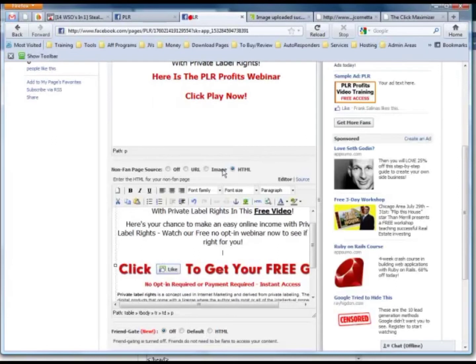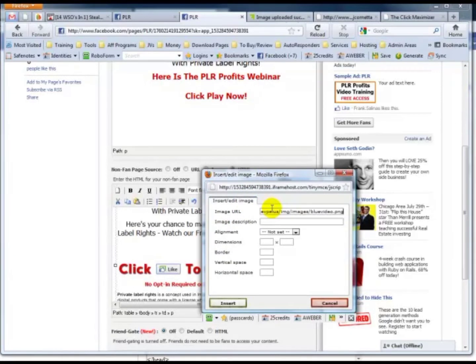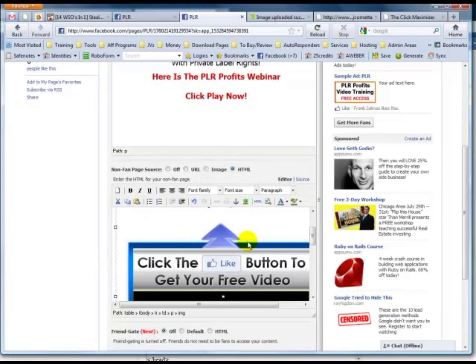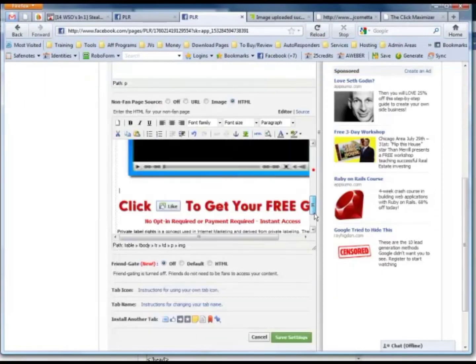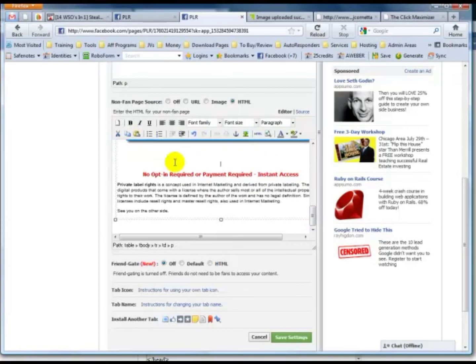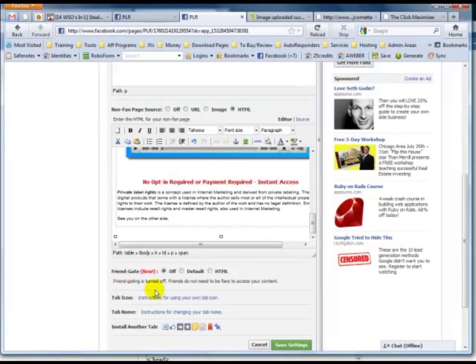Go back to Facebook, and here I'm going to click this little icon. Real easy stuff. Hit insert, and I'm going to bring it up one space. I don't need this image because that's what the other image says. Now, one cool thing about this app is it has this friend gate option,